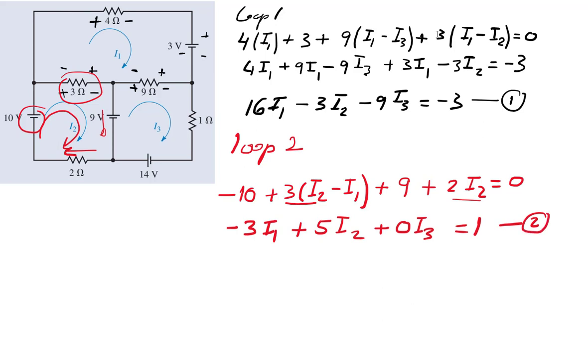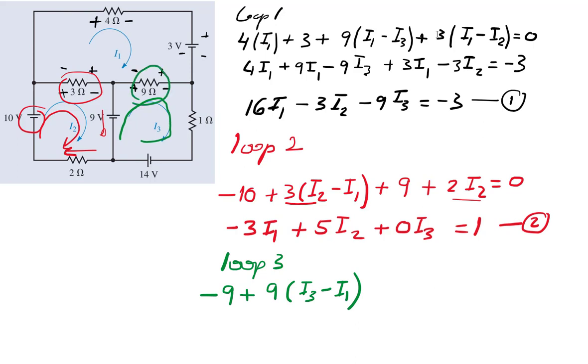Now in loop 3, we have again 9 times currents, 1 and 14. So negative 9, plus 9 times I3 minus I1. This is taking place here. Then we have plus 1 times I3. This is the 1 ohm resistance times the I3. So it is I3